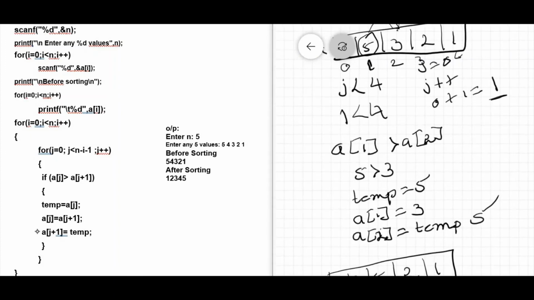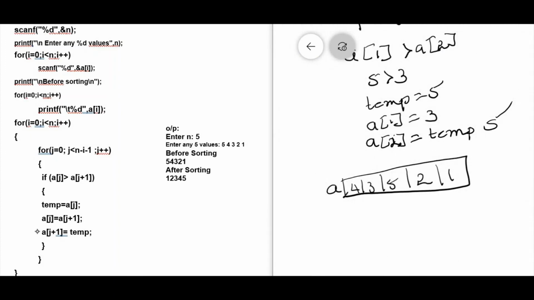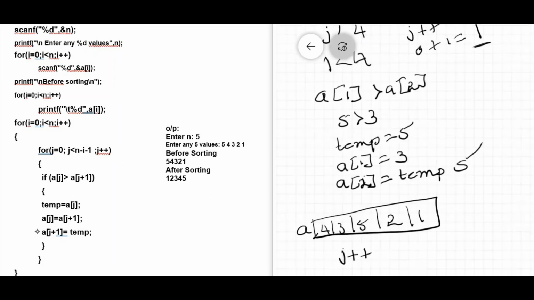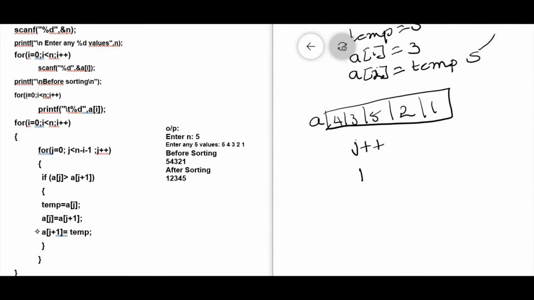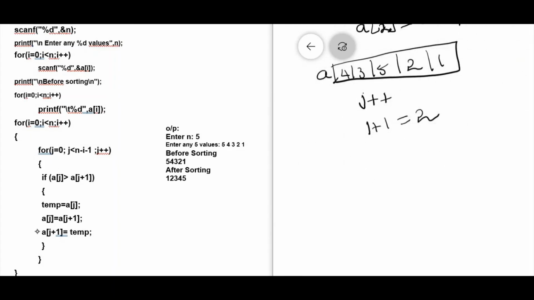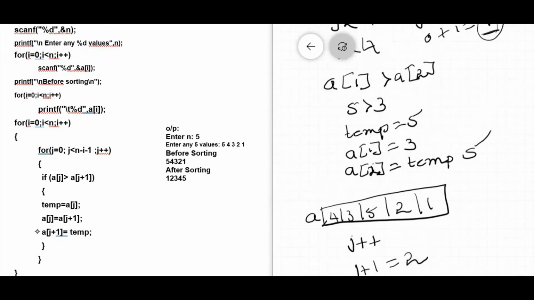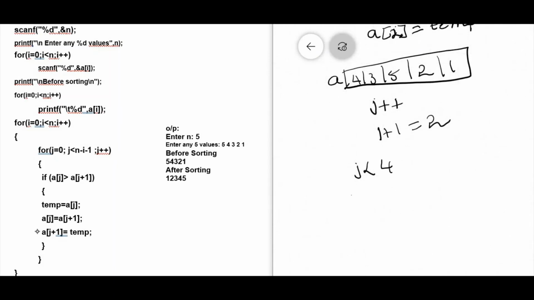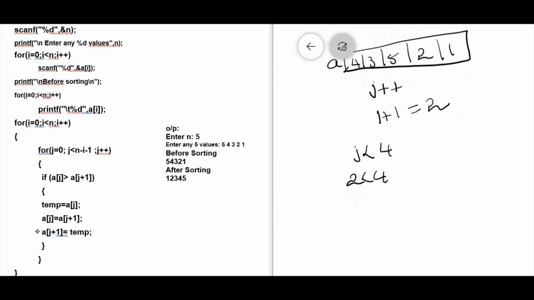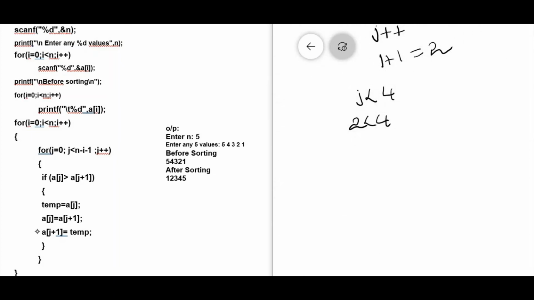For the next iteration, before it starts, the value of j is incremented. The previous value of j was 1. Now j becomes 1 plus 1, which is equal to 2. Now we are going to check, is j less than what? The value is 4. Is j less than 4? Yes, 2 is less than 4. So begin the iteration. Now again perform